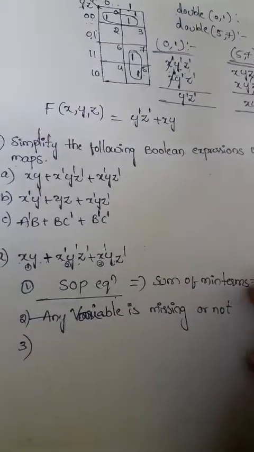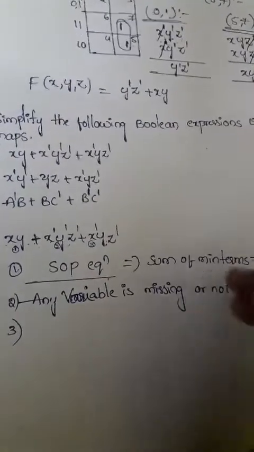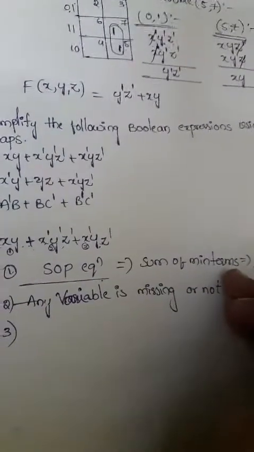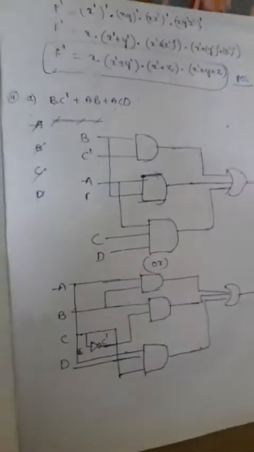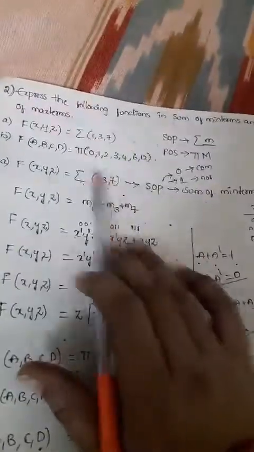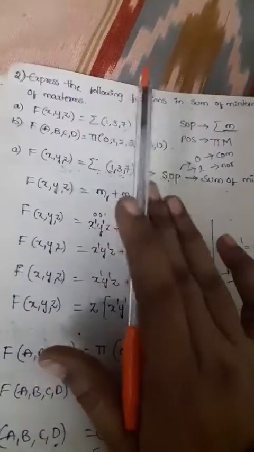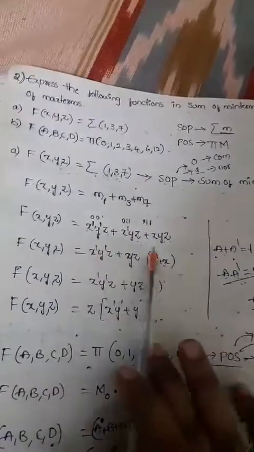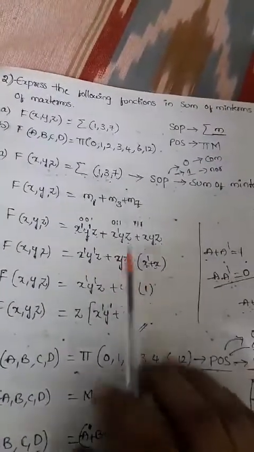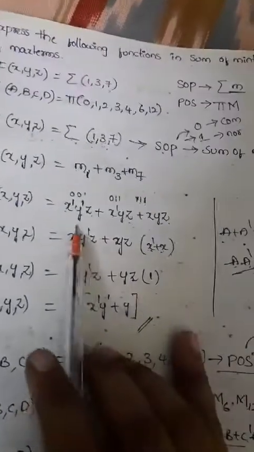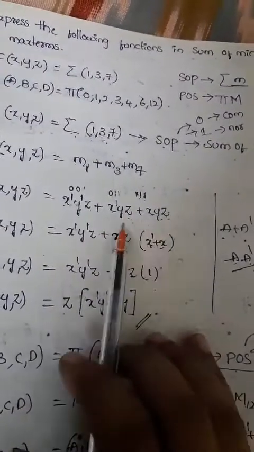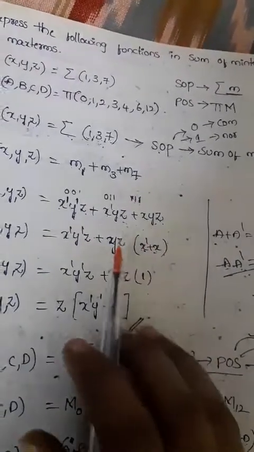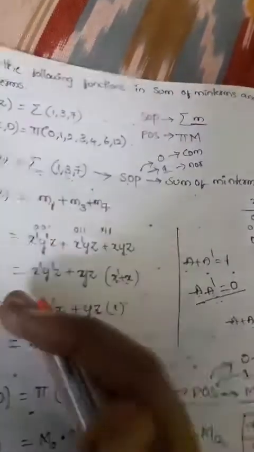In the sum of min terms, we have one procedure to simplify any Boolean expression. We already discussed problems related to sum of min terms. Here, this is our expression, our Boolean function. After converting this Boolean function into a Boolean expression, it is like this. What is the next step if any variable is missing? Just check here. Between these two terms we have the common term yz, and x complement plus x. Like that we have to simplify, that means we have to reduce the equation.